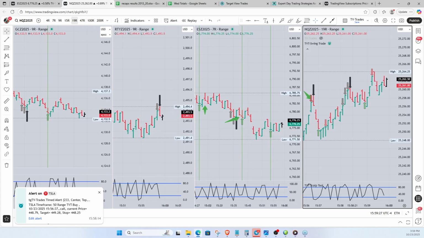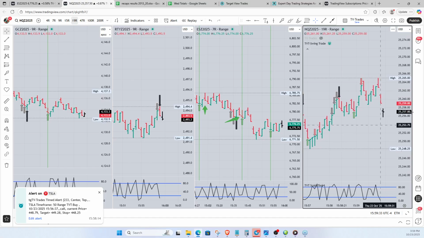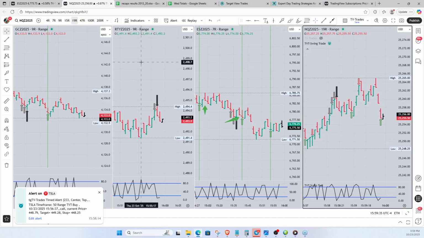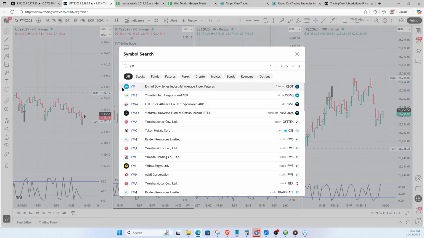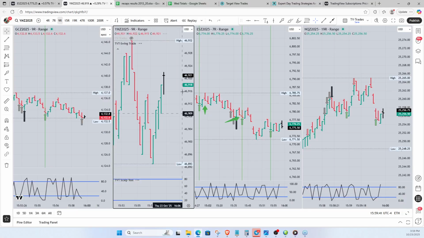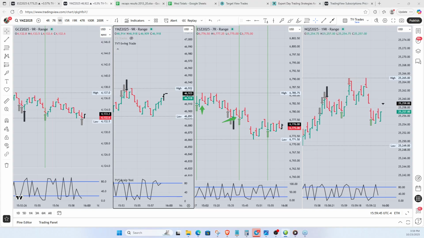I don't know if it's too late. It's the Russell. I don't have a Russell Dom open. Next time I'll try to have a Russell Dom open, or not trade the Russell, and just make it a YM. That's the Dom that I have open. Put on the Z contract for the YM. That's the Dom that I have open. Okay.